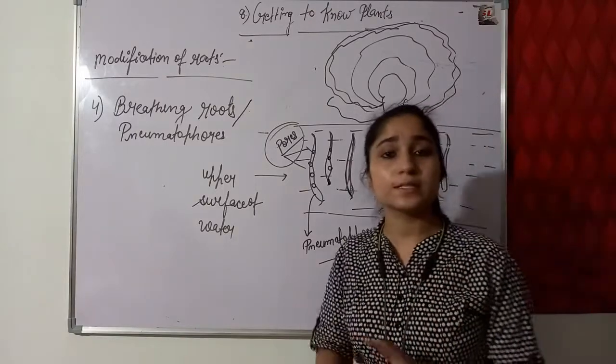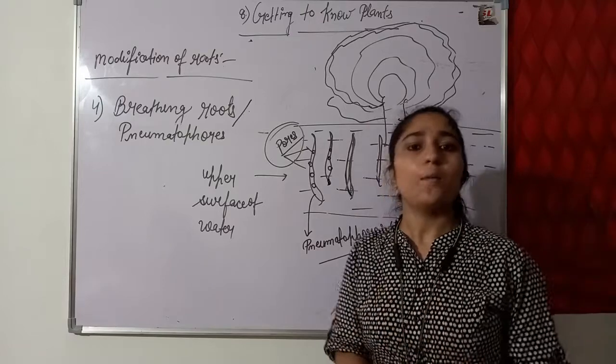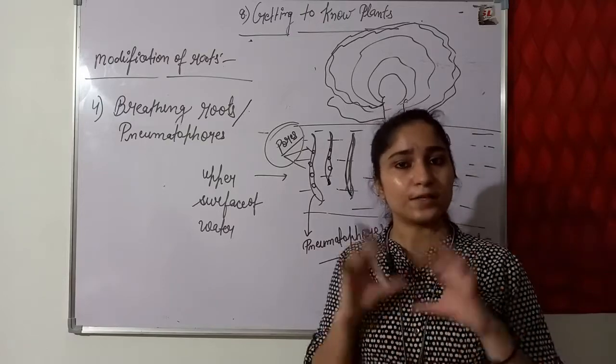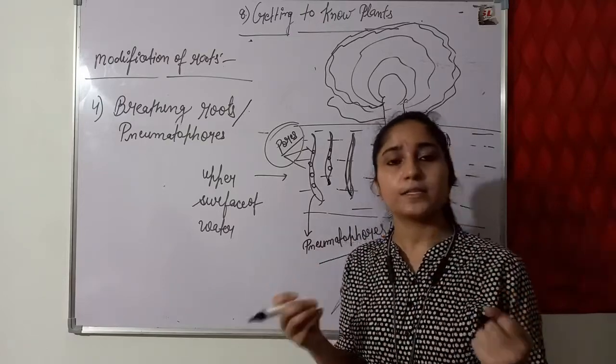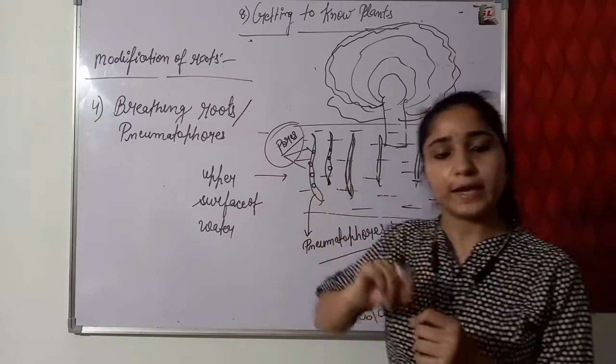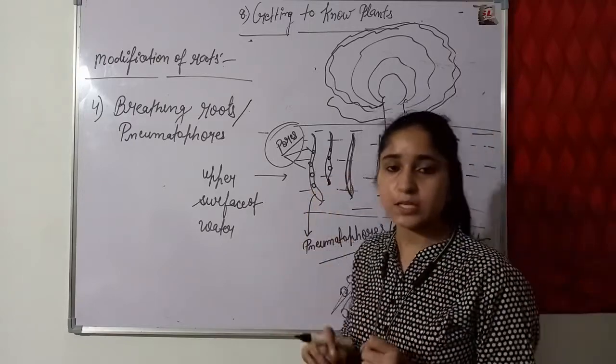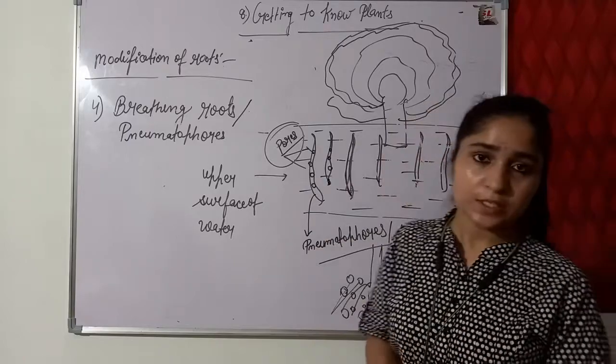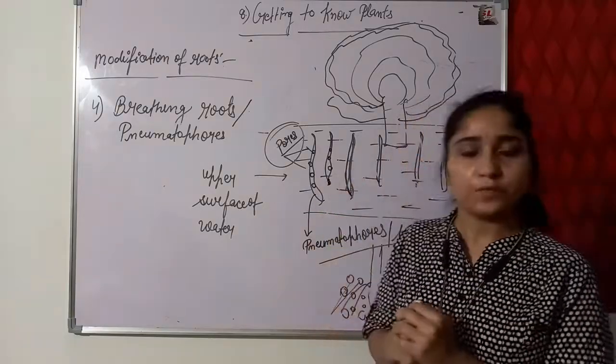So what we have discussed in this video, we have discussed the categories of plants, parts of plants, such as shoot parts, root parts, and then third we have discussed the root system, and the whole root system we have discussed here.